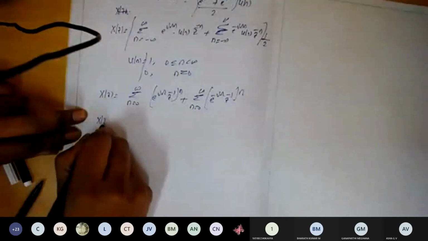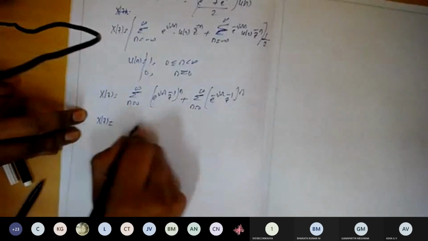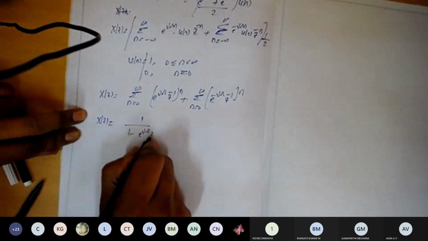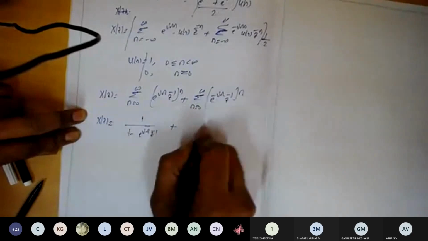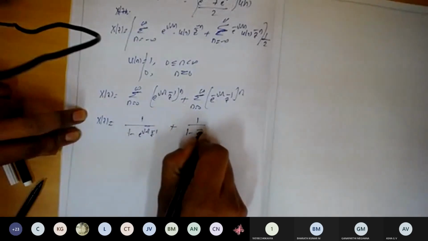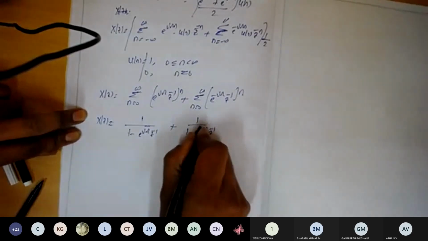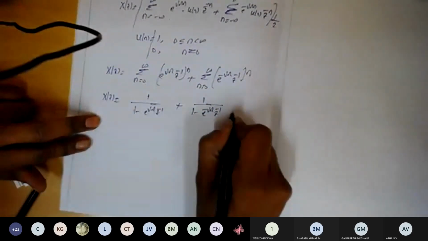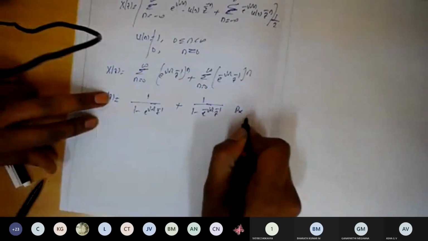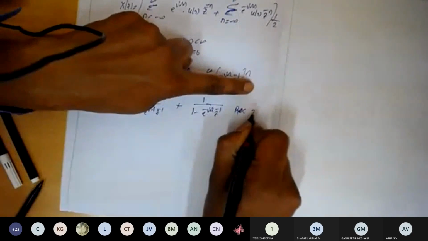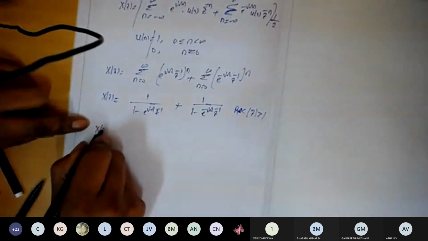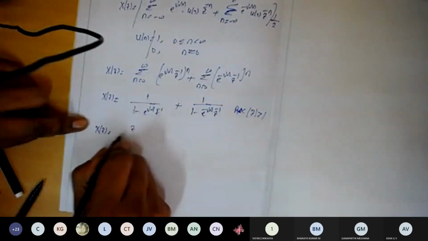Now let us evaluate the z transform for this one. If you evaluate, it becomes 1 divided by 1 minus e to the power of j omega into z inverse, plus 1 divided by 1 minus e to the power of minus j omega into z inverse. The ROC is z greater than 1, which is common here. So X of z is equal to, when you take the LCM,